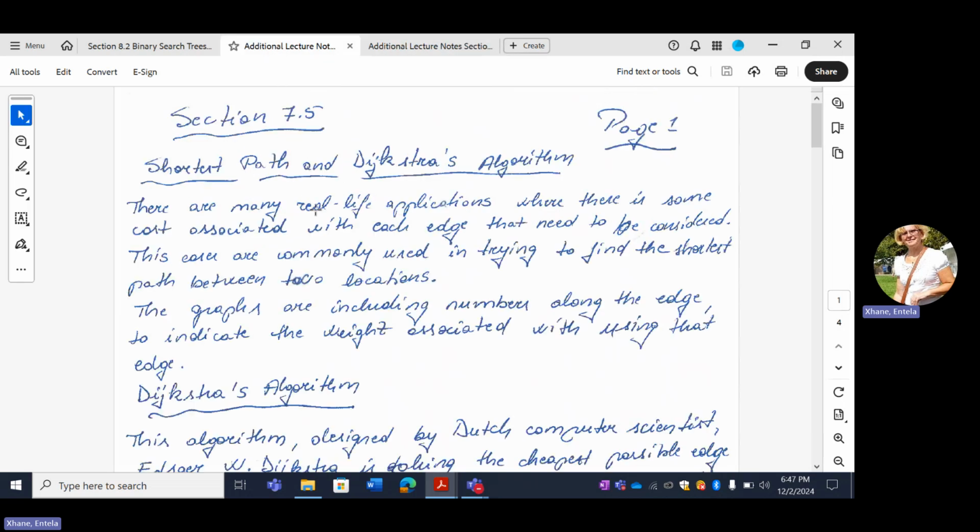And now I'm going to transition into an important section, which is the last one of chapter 7. The idea behind this particular section is again related to the connected graph. So it uses the idea of the connected graph, but it is giving us a special algorithm, which is pretty much what you learn as part of this section,